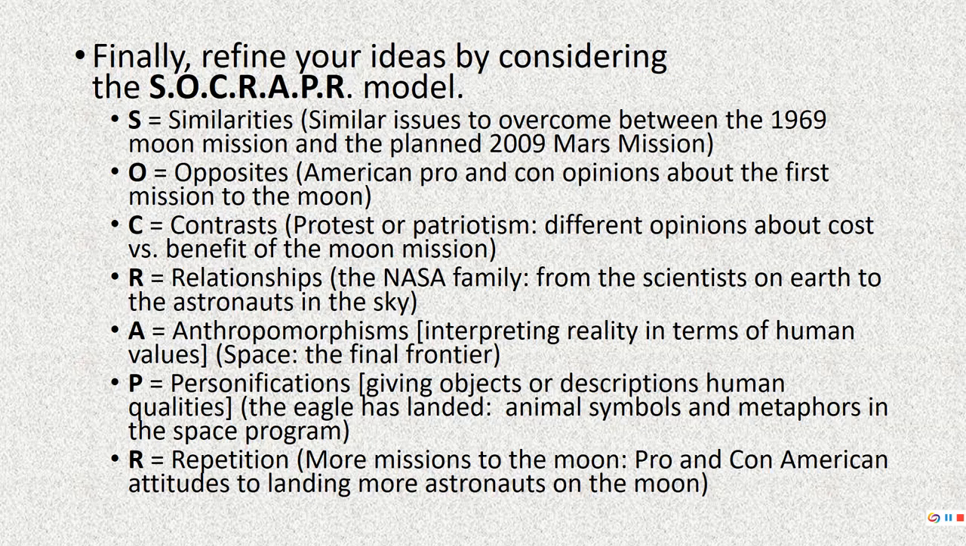And finally, refine your ideas by considering the SOCRAPR model. With the S, similarities: what are the similarities between the moon mission in 1969 and the planned 2009 Mars mission? For O, opposites. What were the pros and cons of the first mission to the moon? C, the contrast. What were the different opinions about the cost versus the benefits of the mission? R, relationships. How did it affect the astronauts' relationships with their families, the scientists on Earth, and the NASA family itself? And A,